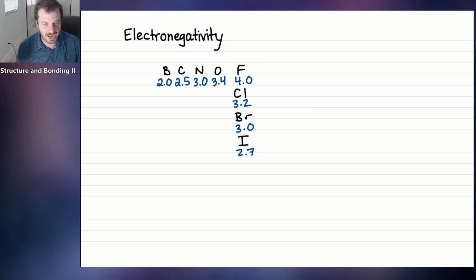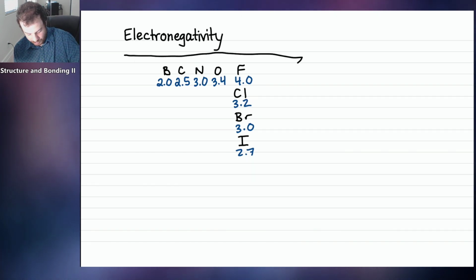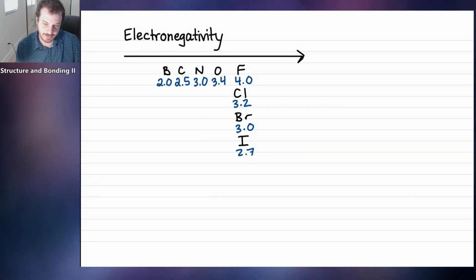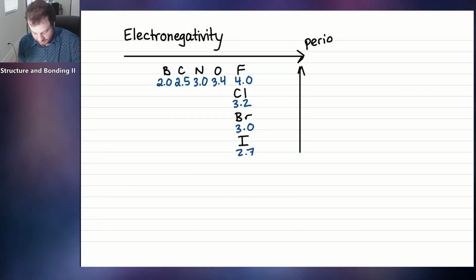You'll see that the reactivity of organic molecules a lot of times has to do with electronegativity. So just keep this thought in mind, and remember that this is a periodic trend, meaning that as you go right along the periodic table, and as you go up on the periodic table, the electronegativity values trend up towards that direction. So just keep that in mind. So I'll just say periodic trend.